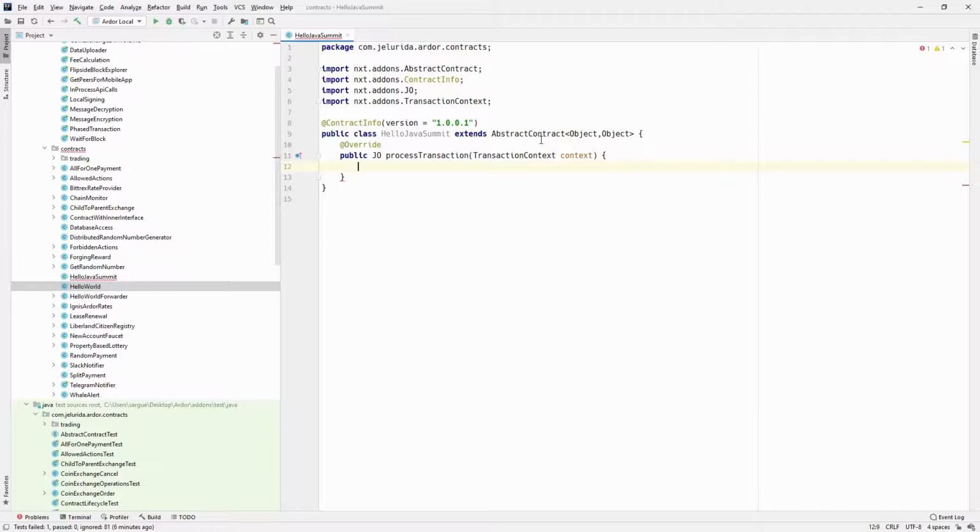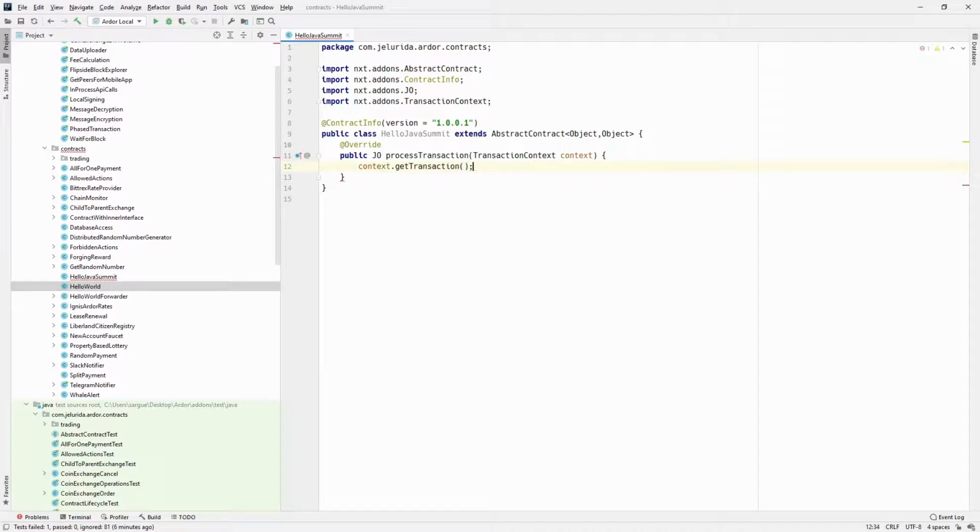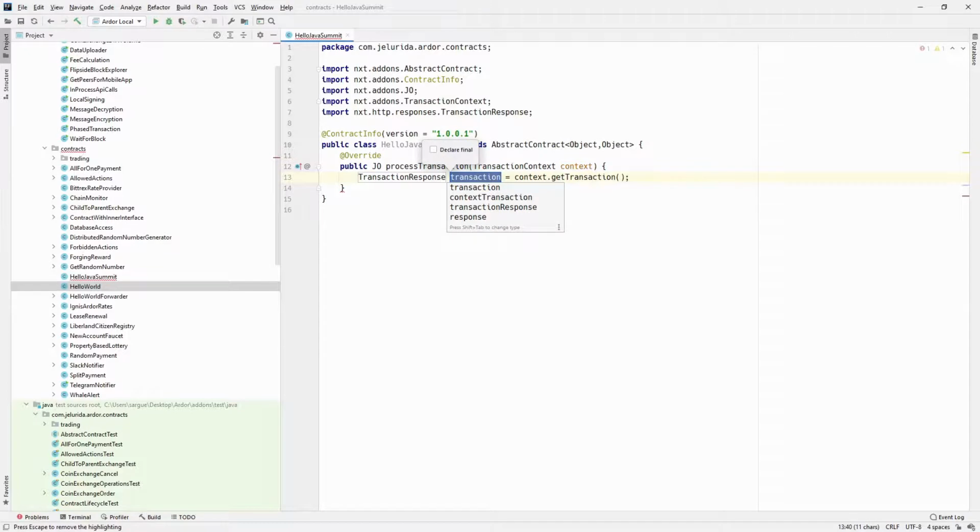So for starters, I want to get the transaction that has triggered this contract. Let me store it like this. This is the trigger transaction, and this will be a very simple contract that is just a hello world.